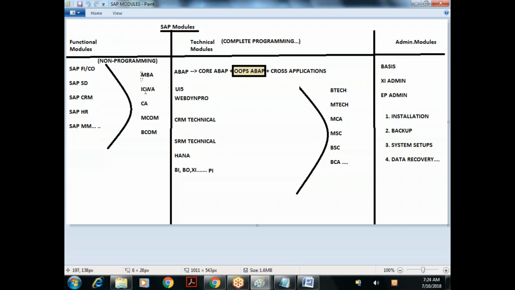If you are from this background, MBA, ICWA, CA, MCOM, BCom, these people will start their SAP career with one of the functional modules. If you are from a technical background, BTech, MTech, MCA, MSc, BSc, BCA, to start your career in SAP, we need to start with ABAP. Understood? Because ABAP is a startup module. Again, as I told you, ABAP contains three submodules: core ABAP, OOPS ABAP, and